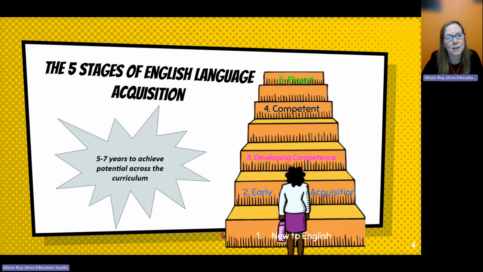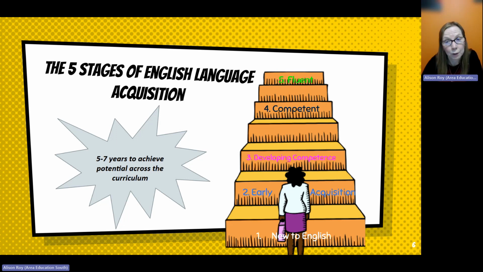So from that 5 to 7 years, we've got a visual representation of how EL pupils coming in new to English will progress through different stages to achieve fluency, where they'll achieve their potential across the curriculum at their cognitive level. So the first stage, obviously, I've spoken about, new to English, which pupils